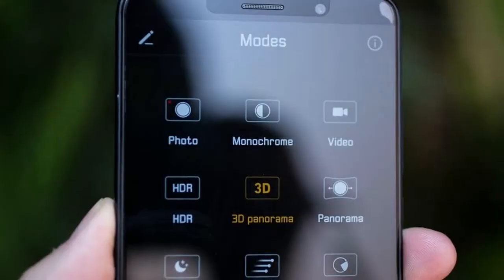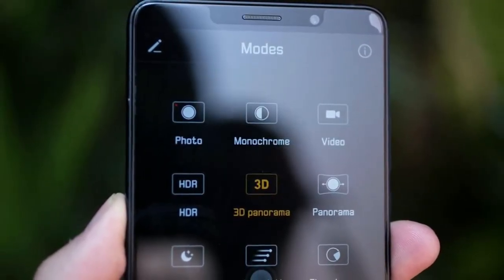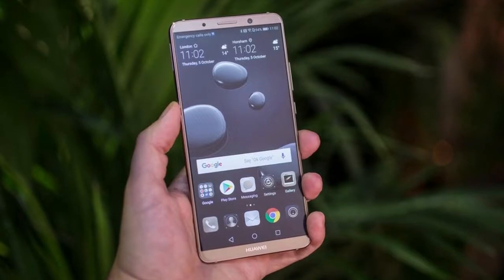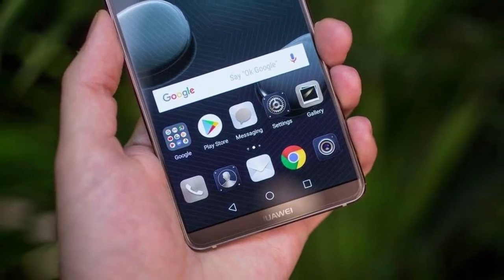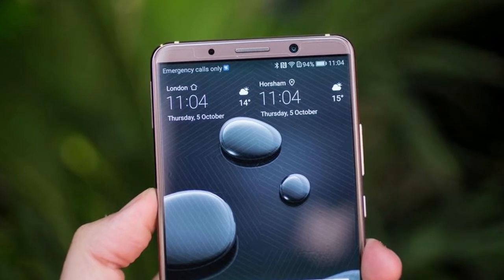It's even loaded up with Android 8, the latest version of Google's operating system, out of the box, meaning you get the operating system's latest security features and UI highlights, such as picture-in-picture viewing. At CES 2018, Huawei announced that the Mate 10 Pro will be releasing in the US, with pre-orders opening up